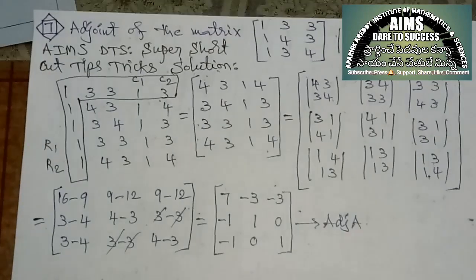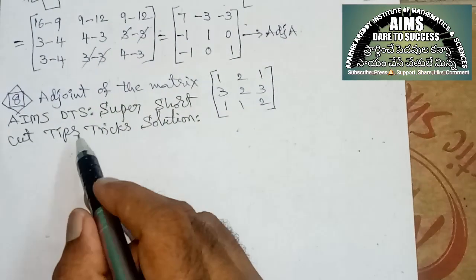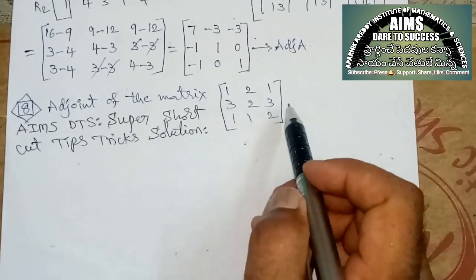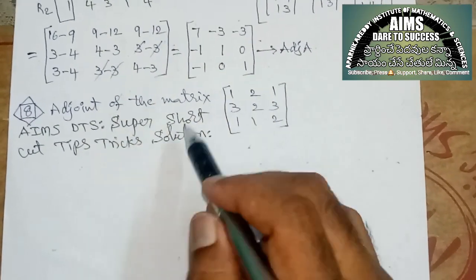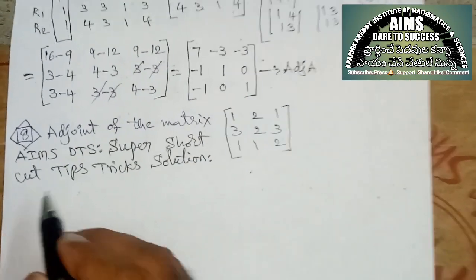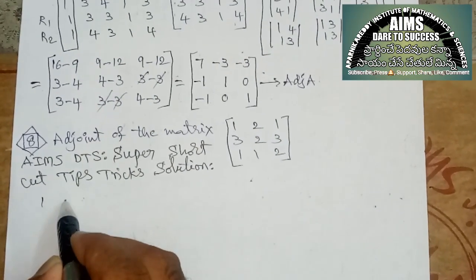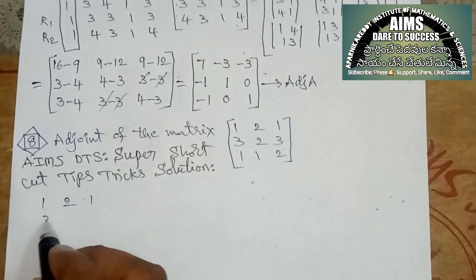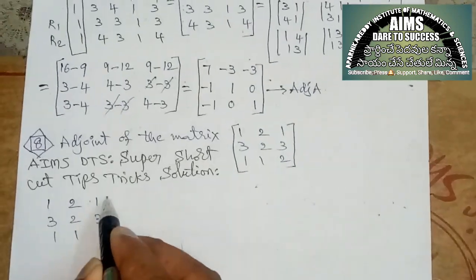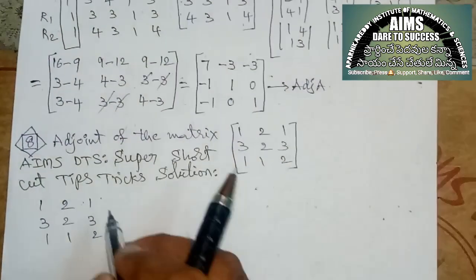My dear friends, one more question: 1 2 1, 3 2 3, 1 1 2. Find the adjoint of the matrix. I want to go to the solution. One more time I want to write it: 1 2 1, 3 2 3, 1 1 2. After writing this,